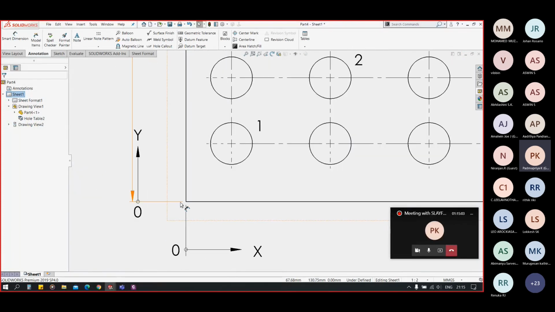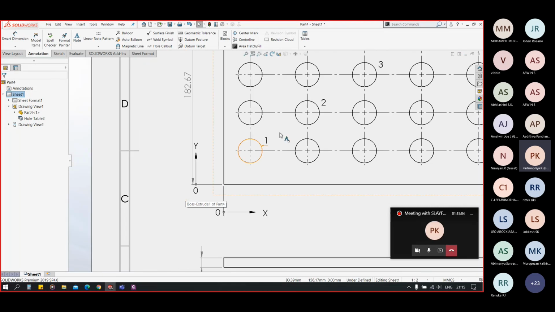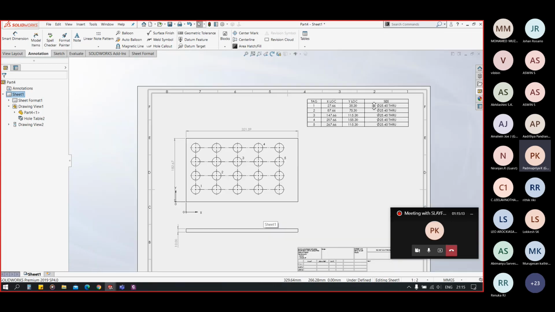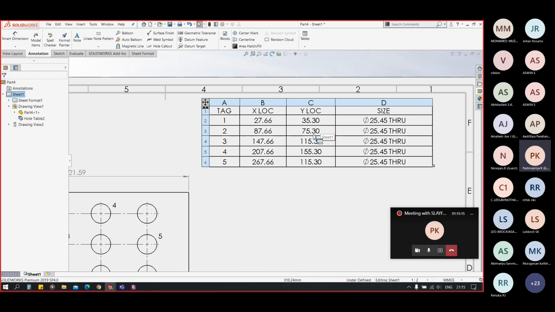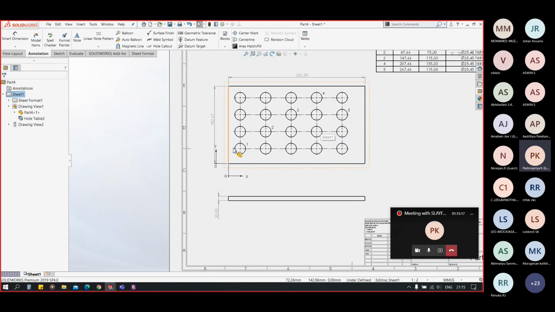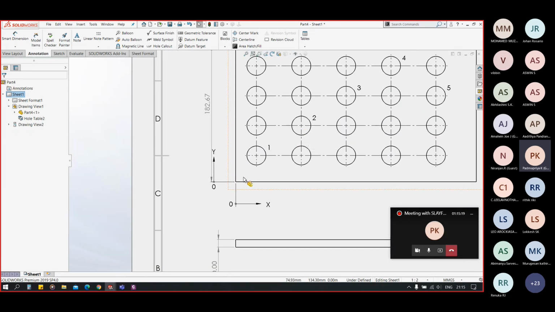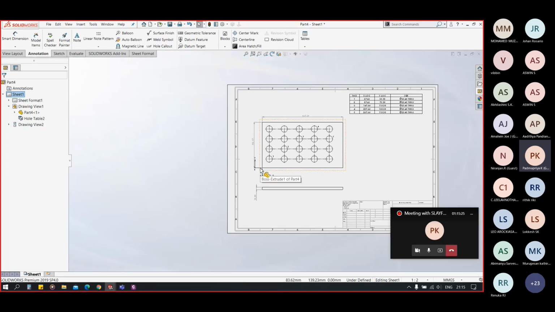So that means from this edge, the second number hole is 87.66 in this X direction. Now for the Y location, we have 75.30. So that means the number 2 hole is 75.3 mm in this upward direction, that is the Y direction.